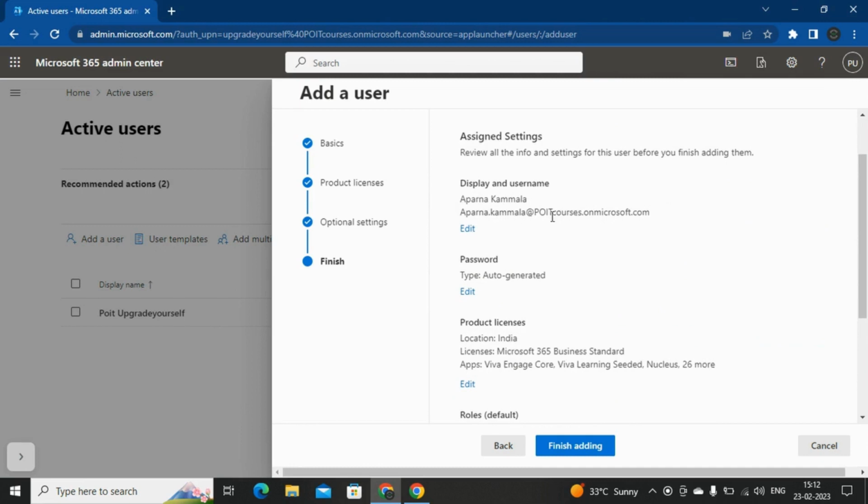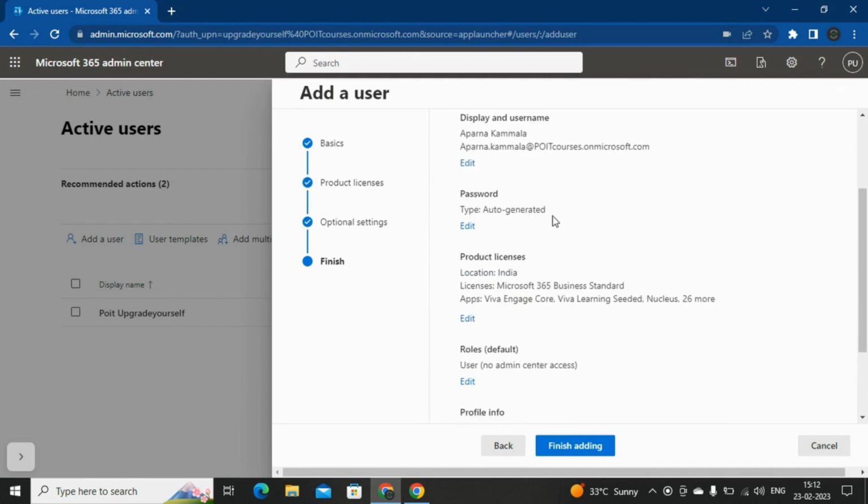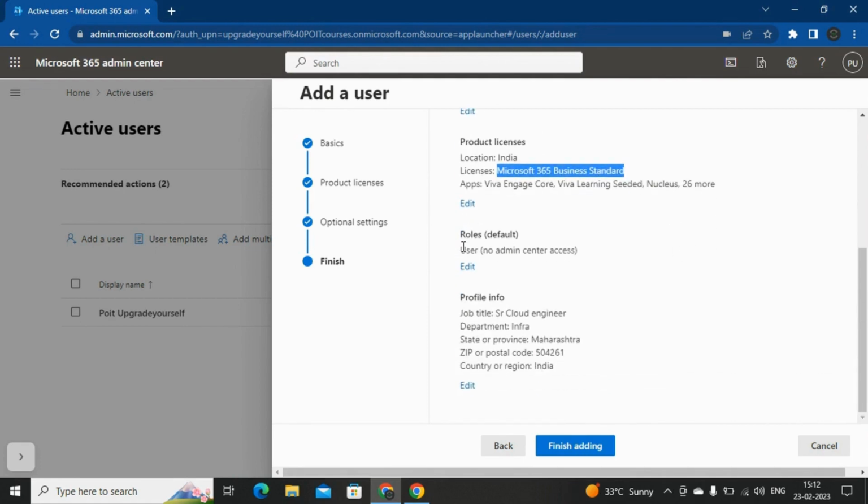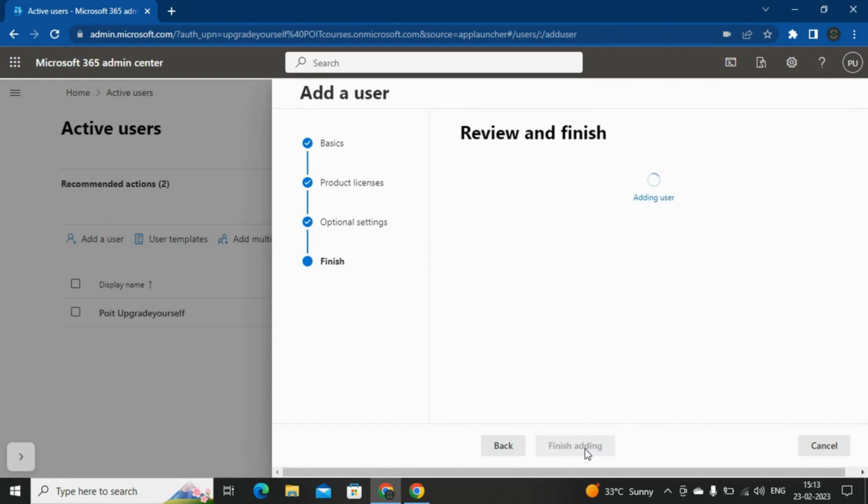The display name will be Aparna Kammala, and the user email id will be aparna.kammala, and the password we have selected as auto generate. And what is the license we have given? We have given the Microsoft 365 Business Standard license. And we have not given any user roles, so no admin center access has been given to this user. What is the profile of the user? Job title senior cloud engineer, and in the infra department we have given the user details. So let me click on finish adding,